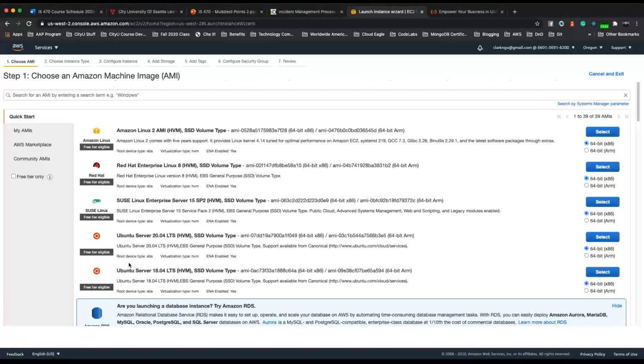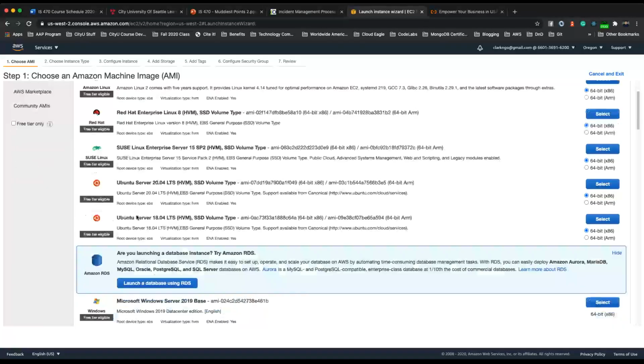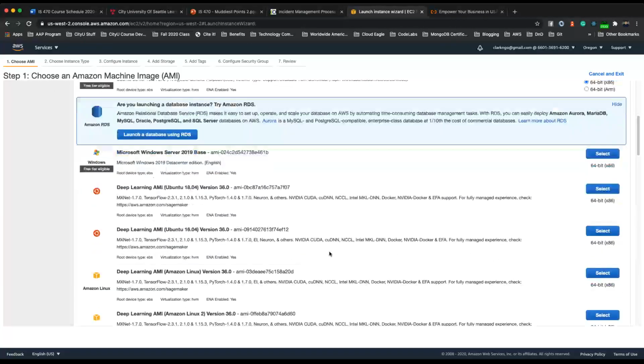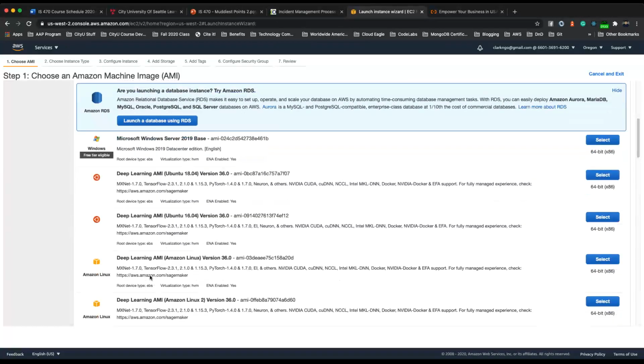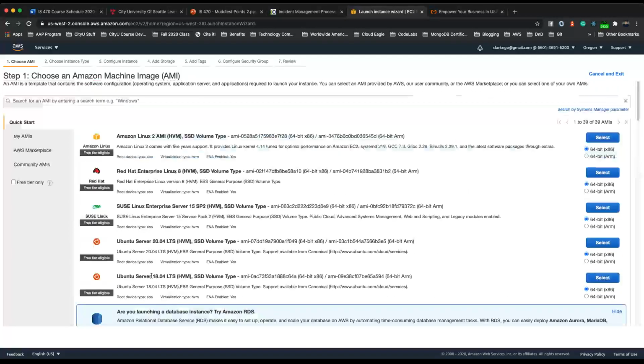And as you can see, they'll provide the infrastructure and you can even choose an operating system. So you can use a Windows operating system. You can use Ubuntu, which is Linux. Amazon has their own Linux as well. There is no Mac OS though. So this is one of the ways to have an infrastructure.